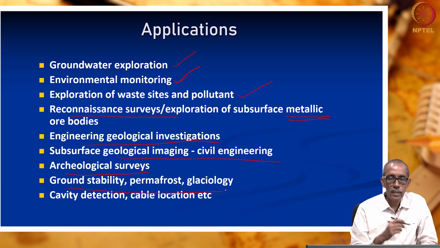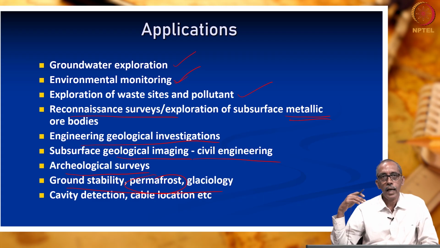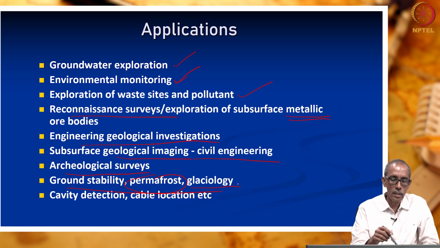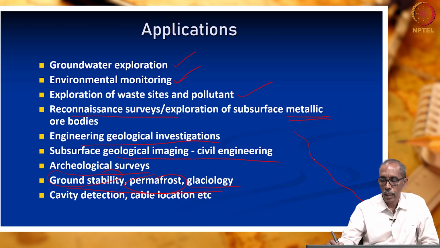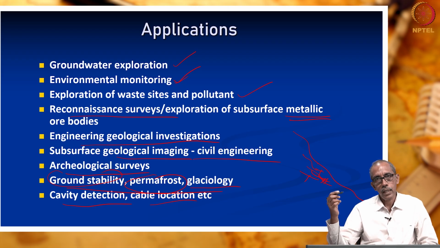some old vessels or arms, if they are buried, they can also be easily identified using electrical resistivity survey. We can try to understand permafrost, right, whether it is permanently frozen; groundwater will offer higher resistivity than water in liquid form. So, it is often used in glaciology to understand ground stability and along mountain slopes, right. We can carry out electrical resistivity survey to understand the thickness of the weathered zone. Wherever the thickness is much higher, there we need to give greater care to stabilize the slopes. It is also used in understanding large cavities below the surface of the earth, and the utilities present below the surface of the earth.